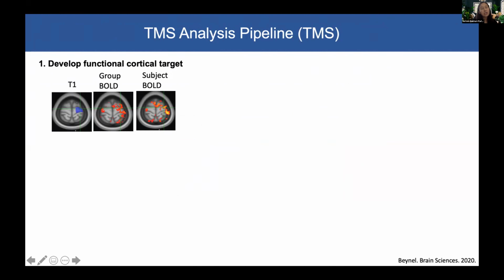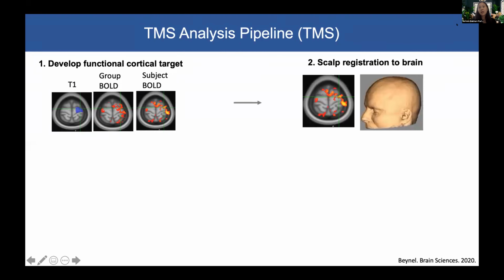What it includes is that my team first identifies the functional cortical target. So we identify the premotor to putamen connectivity that was abnormal. And we use the structural T1 signal, combined with the group BOLD signal for that region, along with the individual subject signal, to identify the specific region that we would target in each subject. So it was a customized TMS targeting plan. We then delivered this information to our colleagues, Dr. Peterchev's group, and they